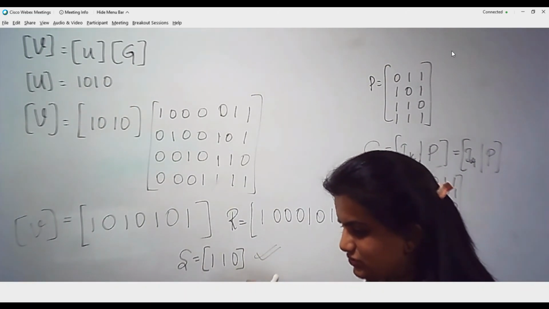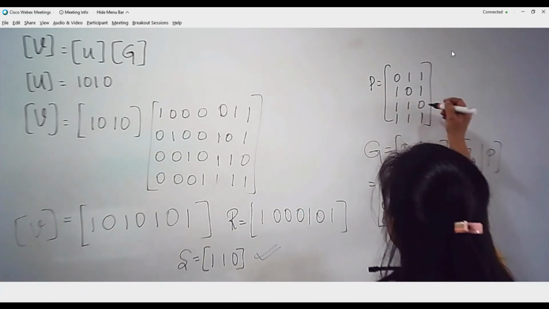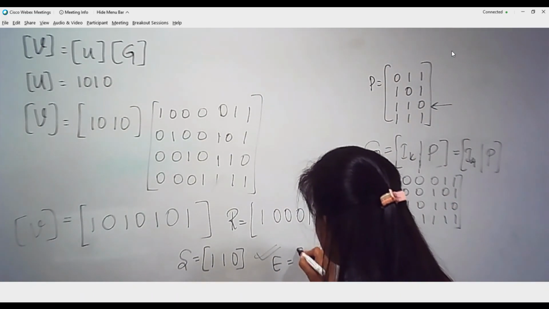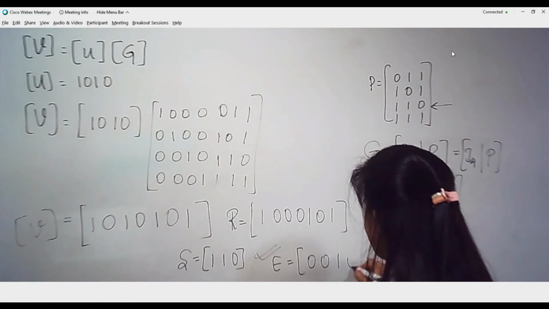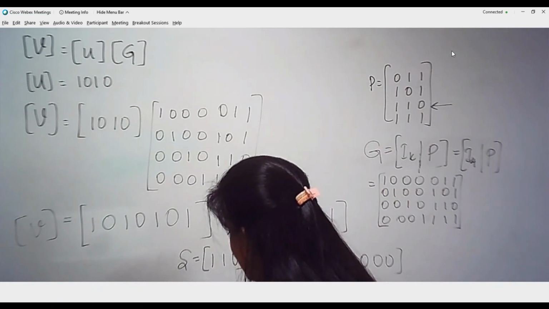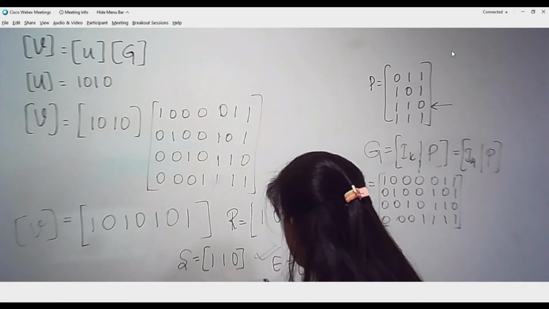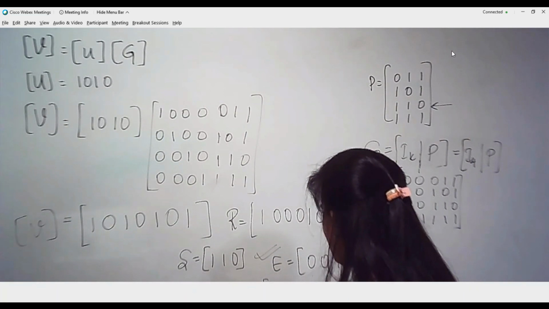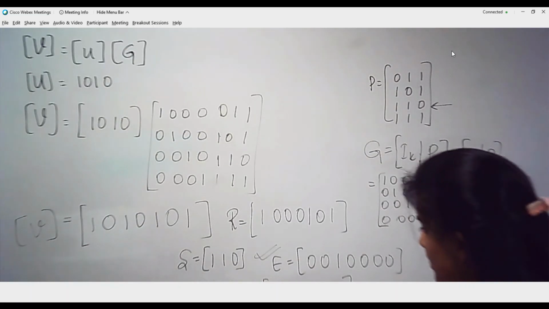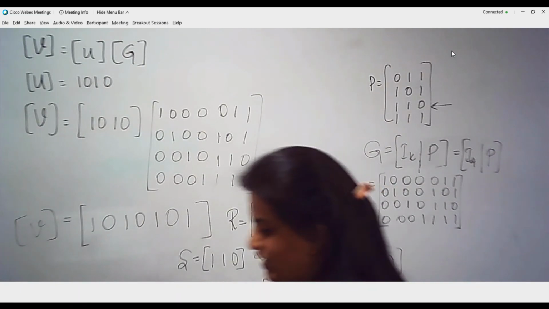So we have obtained the syndrome. Now we can easily map it to the transpose of the parity check matrix. It will point to the third one. So I can write the error pattern as 0 0 1 0 0 0 0. I can correct, therefore, and obtain the actual transmitted code word by adding R and E together, so that I am going to get 1 0 1 0 1 0 1. I'll get back my information, and out of this the first 4 bits will be my information bits followed by the parity bits.